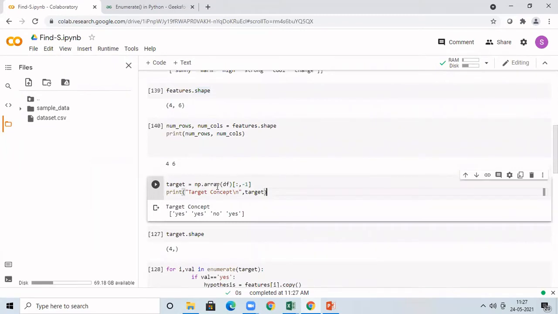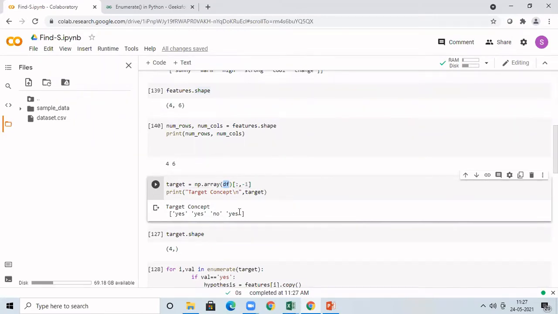To extract the target class, again, I am going to call np.array because I am going to convert that into array. Where is my input available? It is in the data frame. So I have to give that as the input to this np.array function. So df I am passing as input. Now, what I want to do, which columns I have to extract? If you see, I want to extract only the last column. In the last column, I want all the rows.